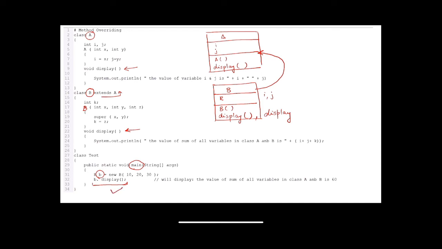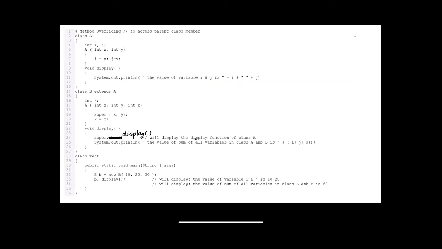Now when my display method is called using this object of B, the compiler always calls the function of the class with whose object it is being called. So if it is called using the object of B class, then the display method of my B class will be evaluated, and it will not check the display method of the inherited or parent class. Now this is the problem: if a user wants to access the method of A class, how is it possible? Let us see how we can resolve this problem.